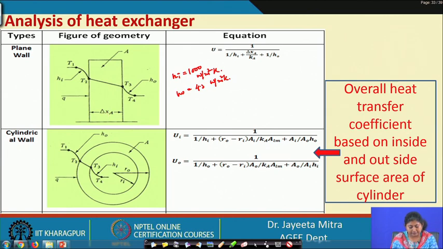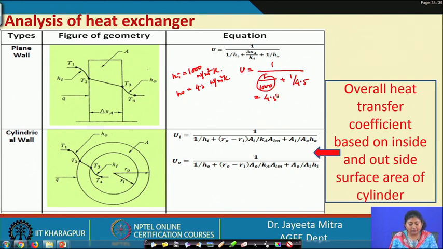And if we consider, for example, that delta x is very small, then delta x by k, this term will be negligible; the resistance offered by this section will be negligible. Similarly, if it happens for the tube also, the middle term will be negligible. So, in that case your U will be 1 divided by 1000 plus 1 divided by 4.5, right. Again you can see that this 1 by 1000 value is very less, so you can neglect this as well. So, 1 by 1, that is ultimately coming 4.5.